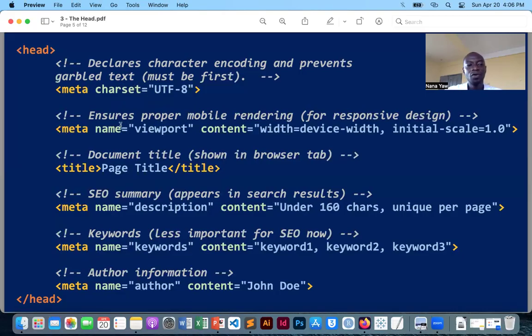The next one, followed by that, is the meta with the name viewport. That one ensures proper mobile rendering. The next one is your title. That one is not a metadata tag. It's a title. It has the opening and closing tags. Okay. And you can continue with other metadata tags, such as